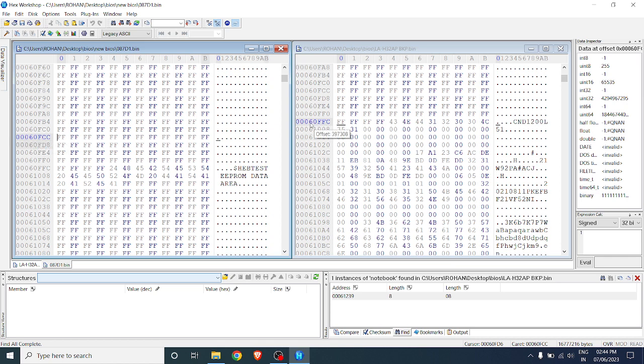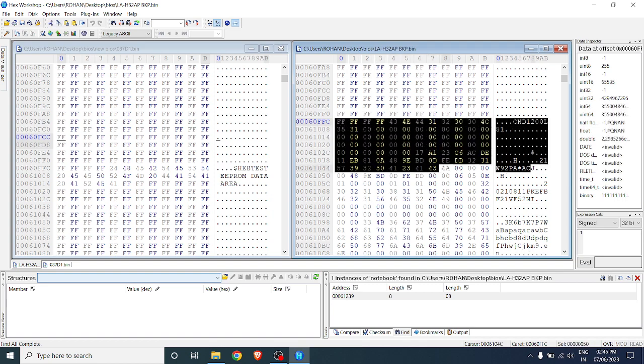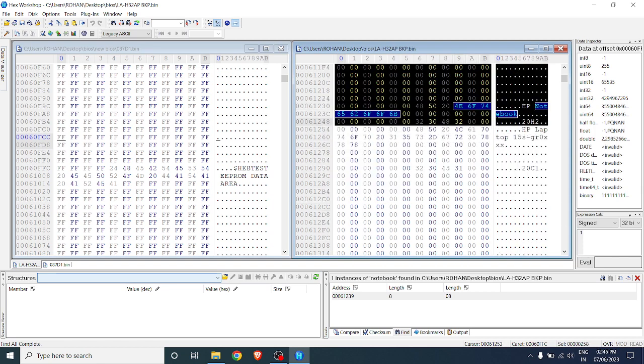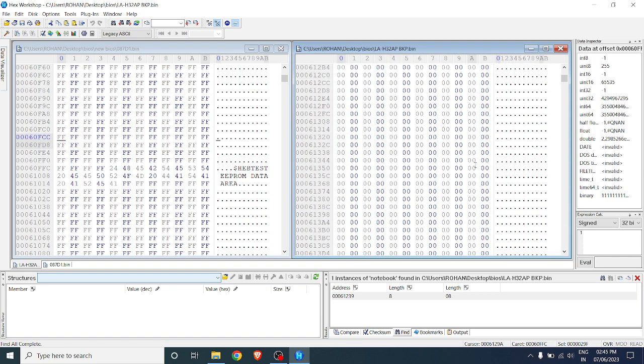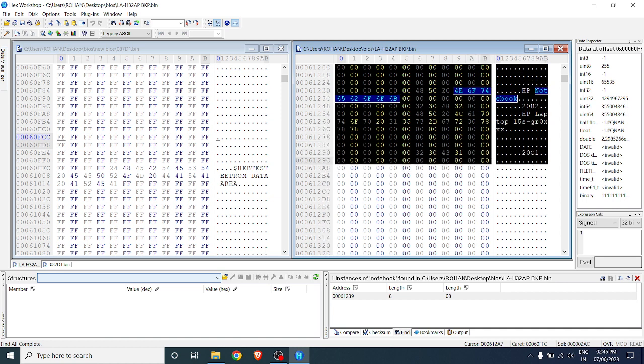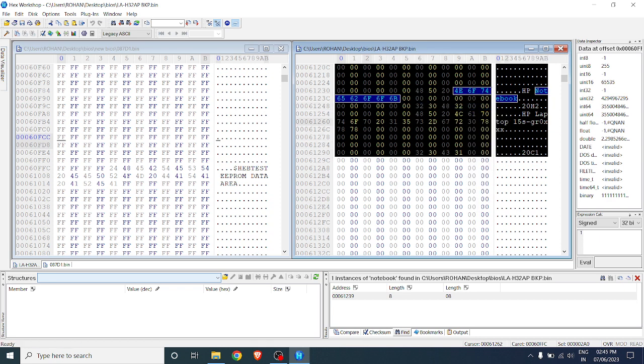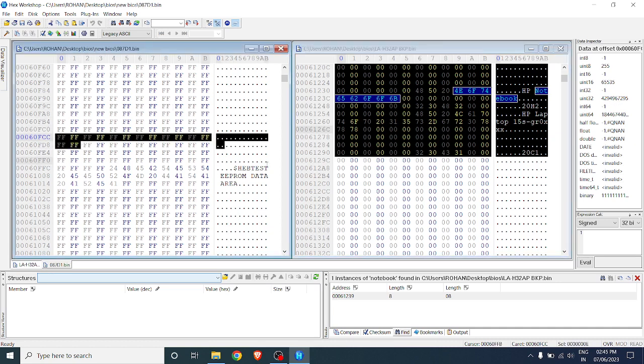Right now we have to copy all this data, so we select from here, going up to our model number. This is the model number. We will select up to here, because this is the last data; below that we are getting 00 values. It means we have to copy all this data. Just press copy. Now we have to paste this data from 60FFC to 61290.